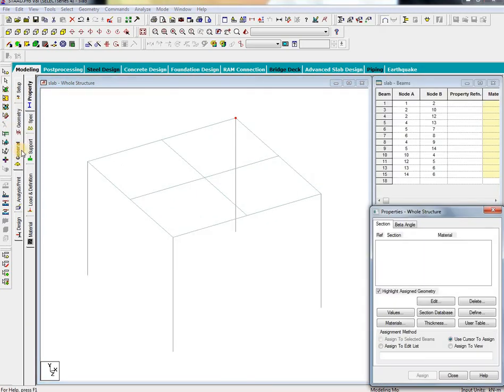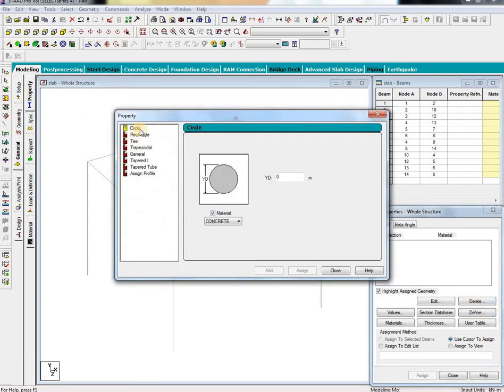Then go to general. In general, the first one is property. Go to define. In that rectangular section, here I adopted 0.4 cross 0.4 and then material is concrete, add, and then beam size is ready.